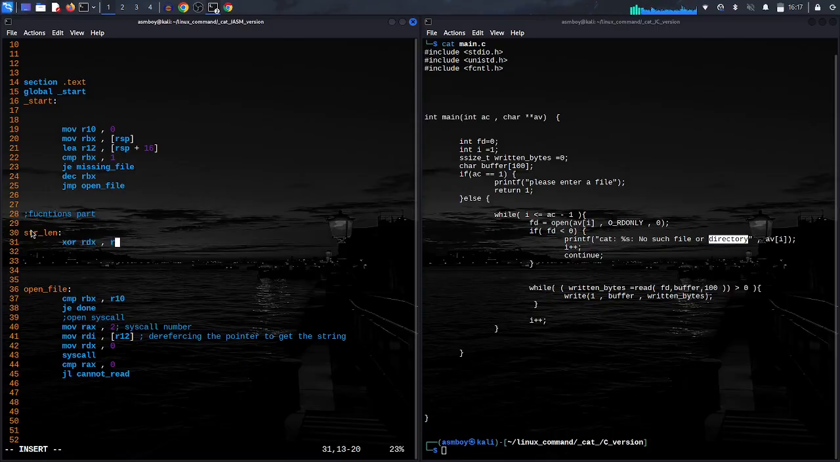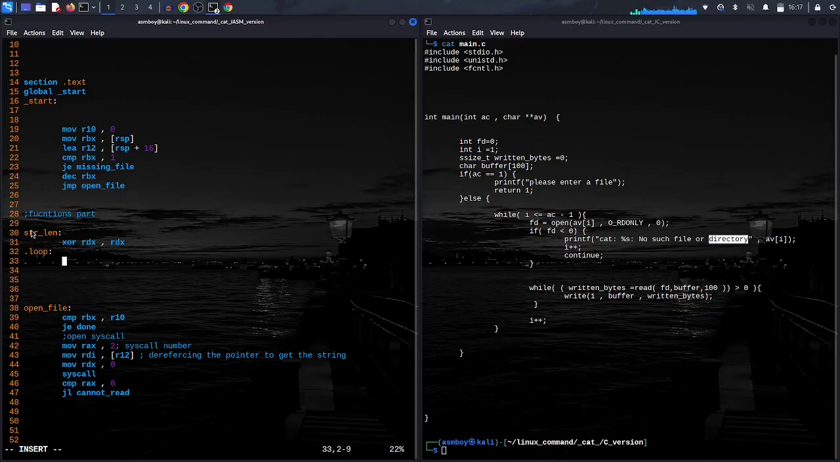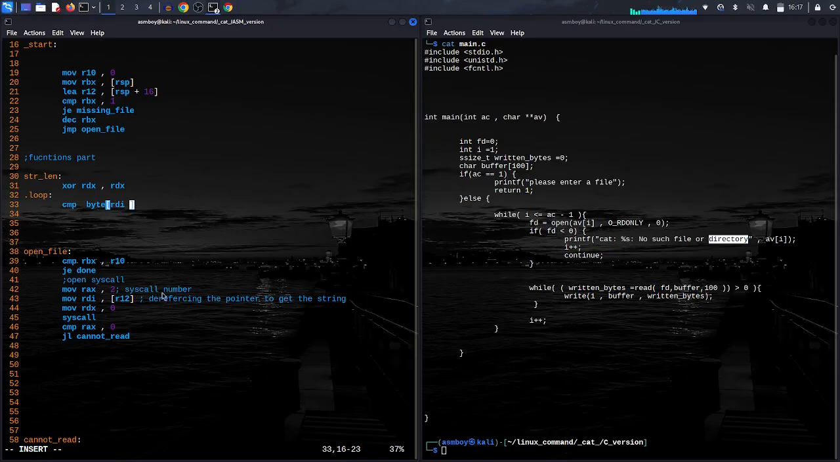We're going to XOR in the rdx like this, and we're going to do a loop label. Okay, so we're going to compare byte. Then we're going to take the rdi, because as we said here, the rdi is taking the string. The string is in the rdi register, plus the rdx. So the rdx in the first is going to be 0, so it's going to be like an index. Is it equal to 0 or not, which is a null terminator? If yes, jump equal to done